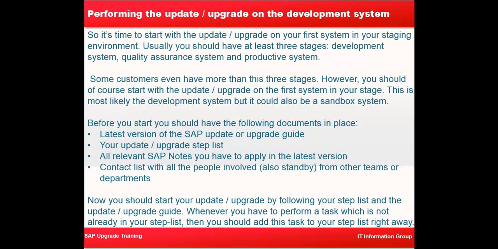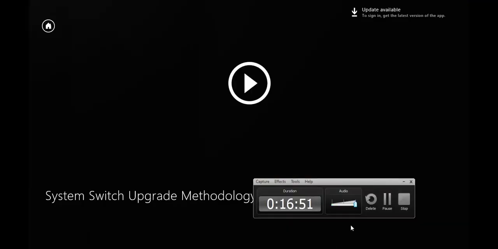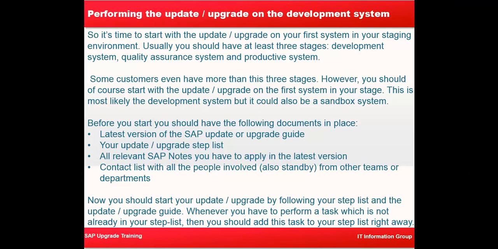Before you start, you should have the following documents in place: the latest version of the SAP upgrade guide, your upgrade step list, all relevant support packages, and everything. Now you should start your upgrade by following your step list and the upgrade guide. Whenever you have to perform a task which is not already in your step list, you should add this task into your step list right away, because you will be applying that over and again in the subsequent